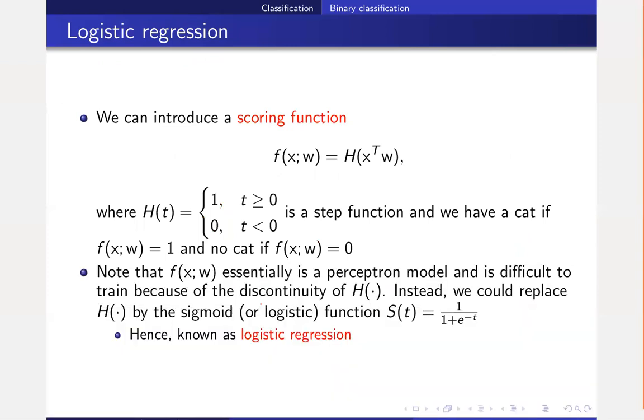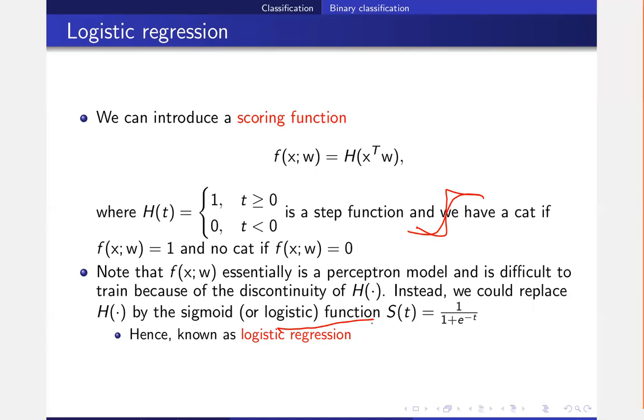And sometimes this activation function is also known as the scoring function. Earlier I used a step function to make a hard decision. Often it's even better to use a logistic function, a kind of sigmoid function, in the sense that I move away from this step function. Because if I use a logistic function, then